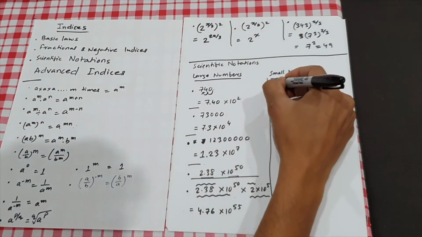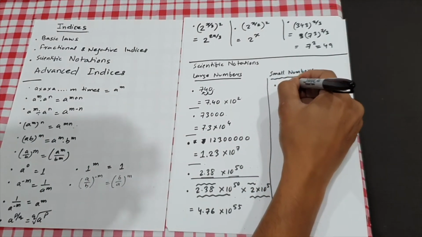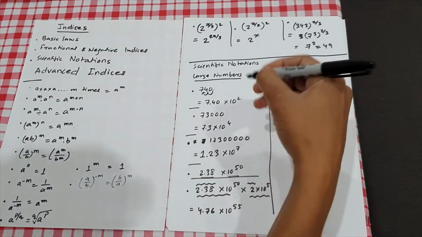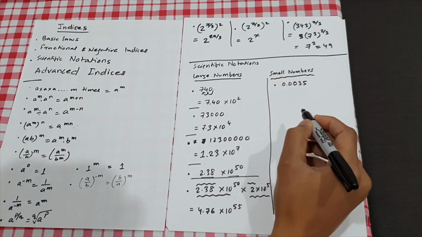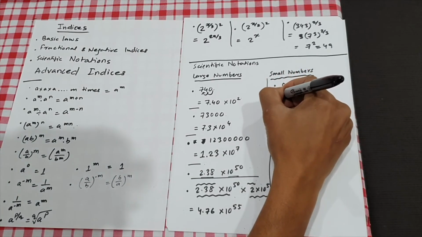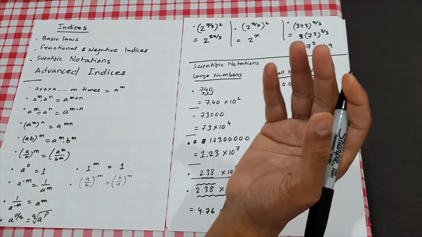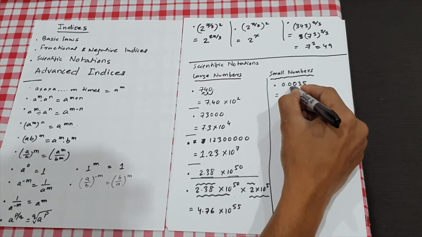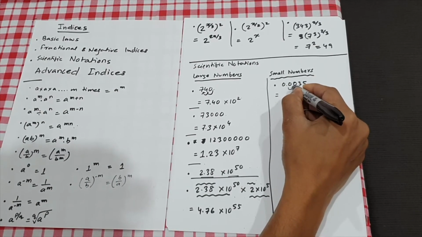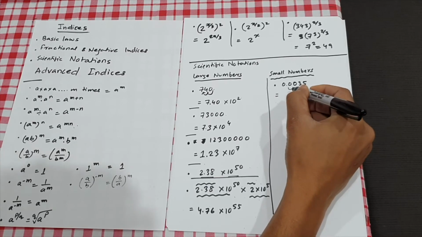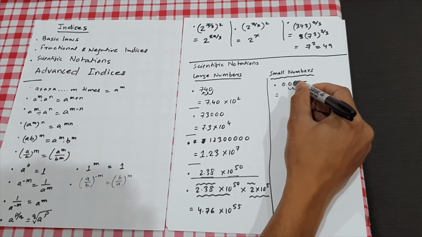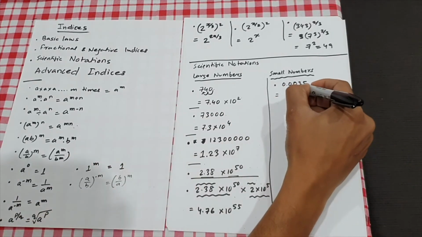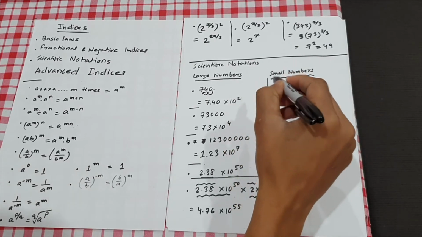Let's say you have to express 0.0035 in scientific notation. This is a very small number, right? We could go further, but we'll start with a simple one. Now the rule has always been that you should have one non-zero number on the left of the decimal. So how many decimals are we moving? If we move 2 decimals, we still do not get any non-zero number on the left of the decimal. So we have to move 1 further, right? So we've moved 3 times.